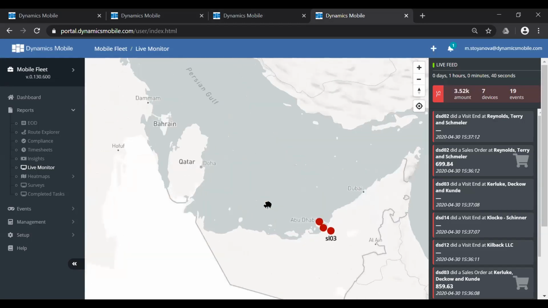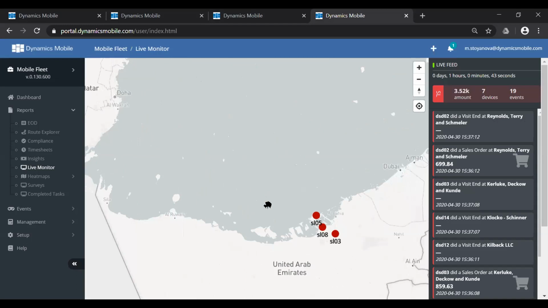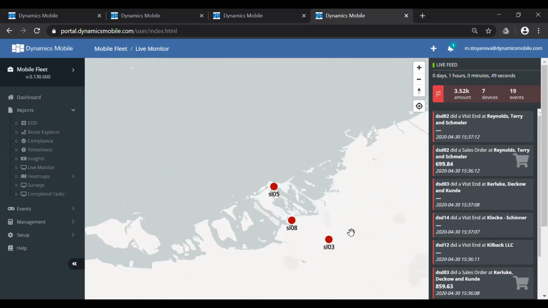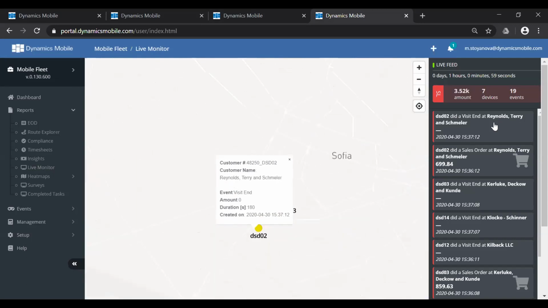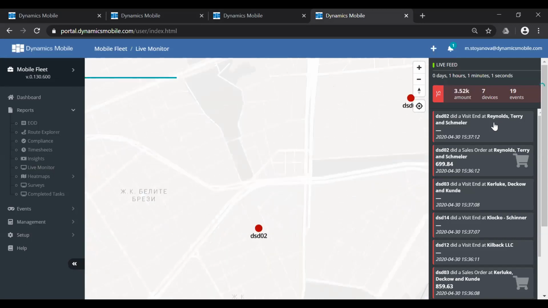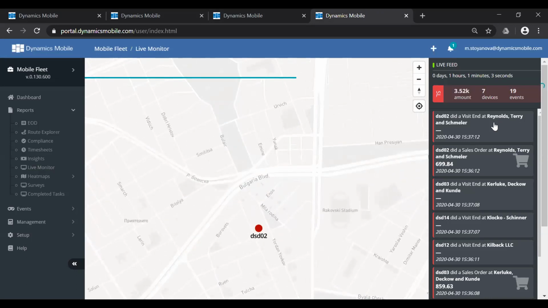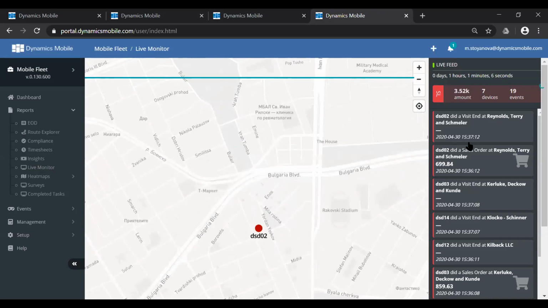So first of all, you can click and see what happens here. You can zoom in. And also if you choose a specific visit order from this live feed on the right side, it will take you exactly to the location where it has just happened. It happened almost an hour ago.